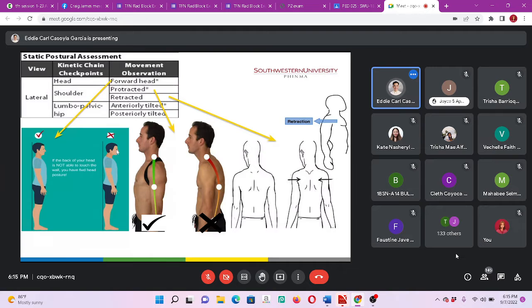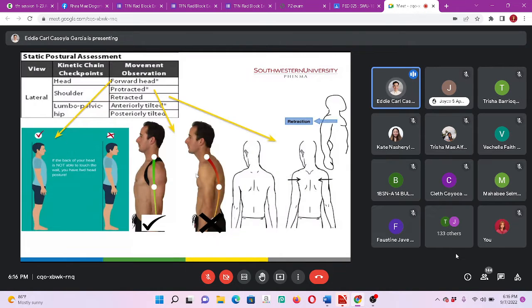Okay, so for example, if your evaluator observes that there are movement observations, posture distortion, okay, so those are what they need to check in the PFA form. So for example, shoulder, okay, so this one is the correct. Okay, and then when we say protracted, it is not. Okay, so in case your assessor